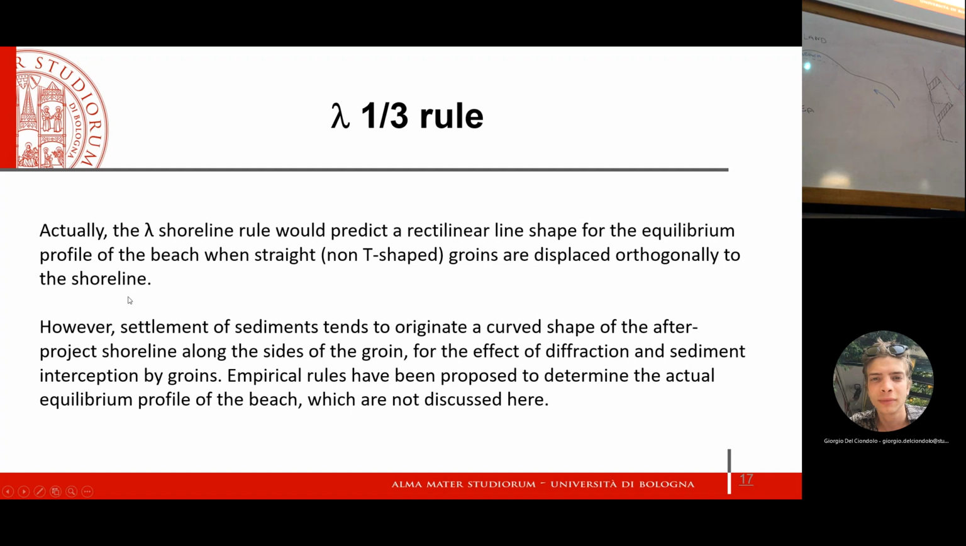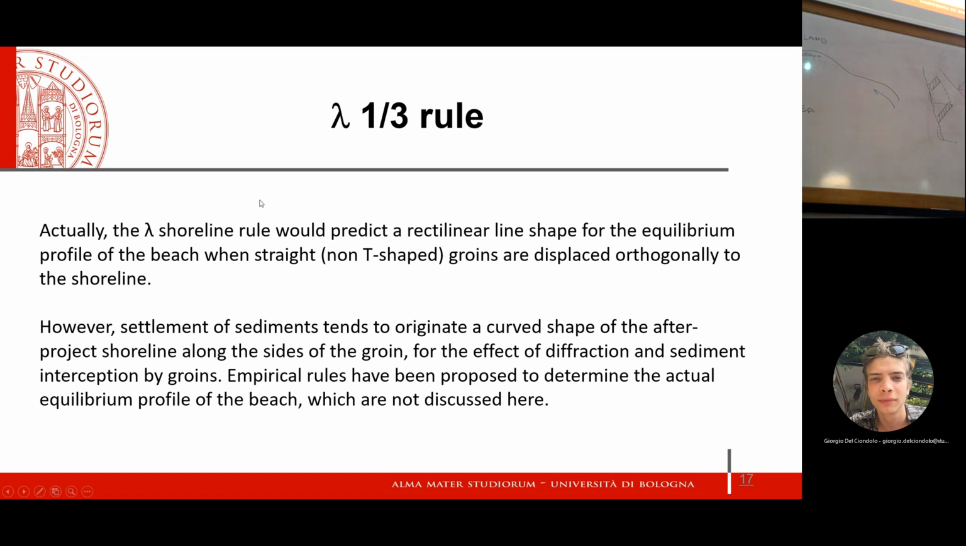Now, there are also other empirical rules that can be coupled with the lambda rule, which we don't discuss here. These empirical rules basically also try to take into account the diffraction of the wave forcing, which is induced by the presence of the groin. So the empirical part of it is not confined to the lambda rule only, but as I said, I prefer not to discuss the other rules here, because the lambda rule is what really is providing the